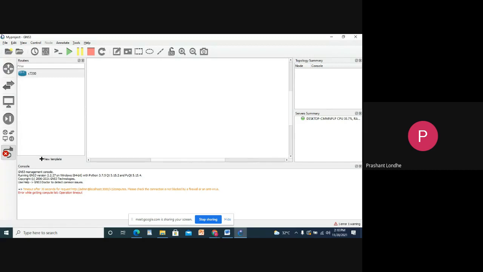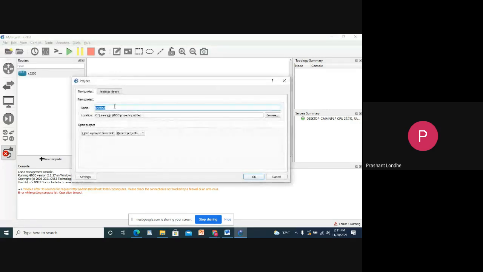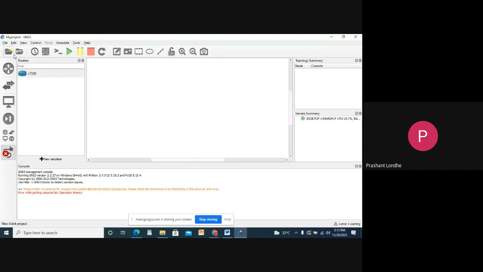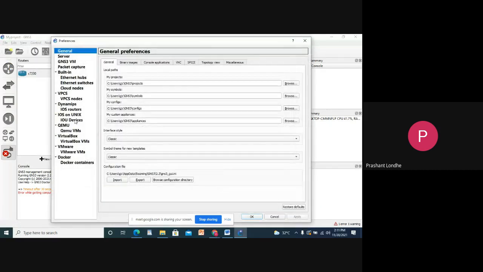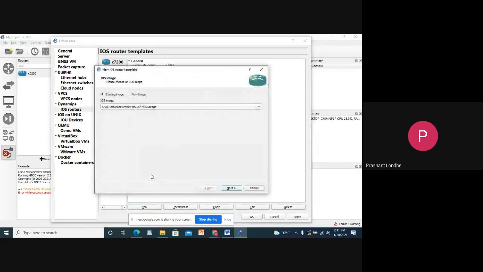I hope you have downloaded this software, GNS3. Go to File, create a new blank project, give it a name and a location, and click OK. If you are not getting any routers, go to Edit, Preferences, IOS routers, New, and select a new image.